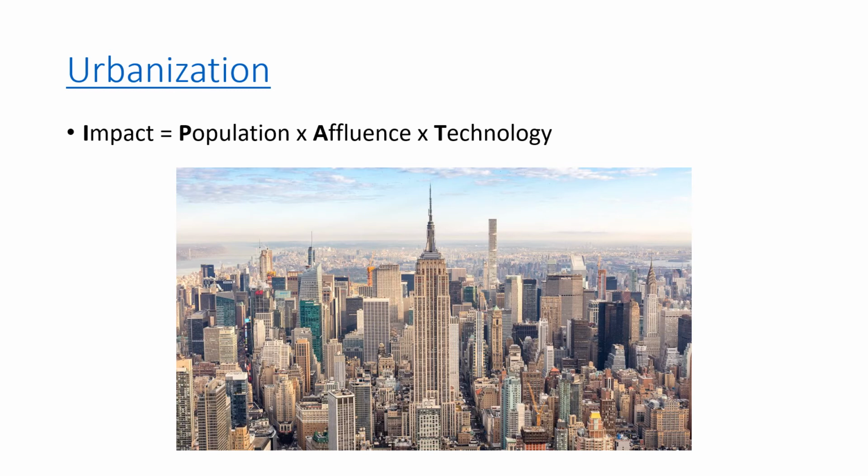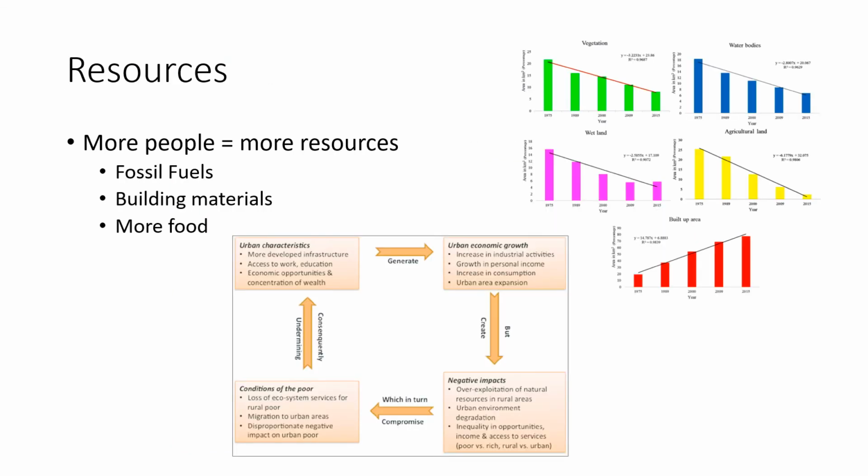If your affluence is high, you're using a lot of resources, it'll increase your impact. And technology can be one of two ways. Maybe an increase in technology that uses fossil fuels, that's going to increase your impact. If it's technology that's actually mitigating your impact, then it's going to lower the impact. But obviously, the more people you have, the more resources they're going to use,